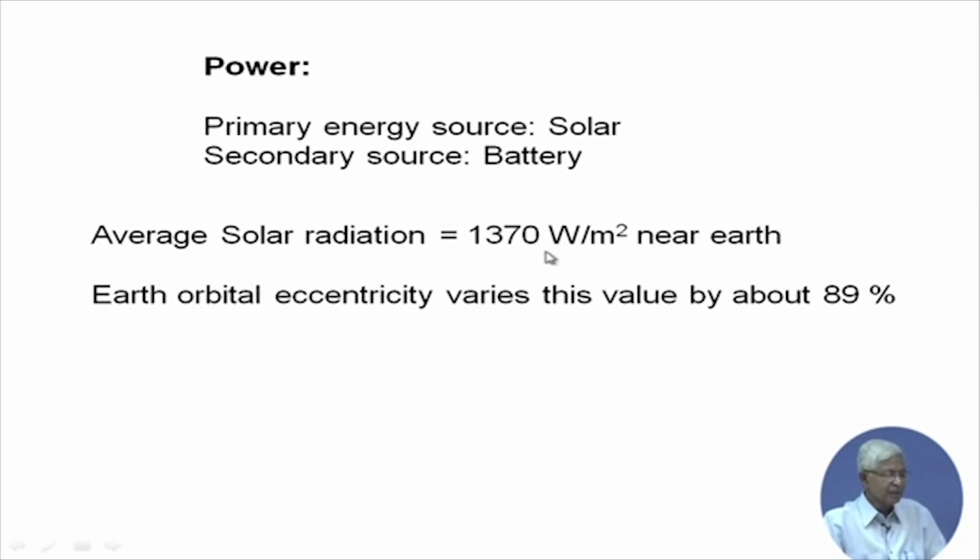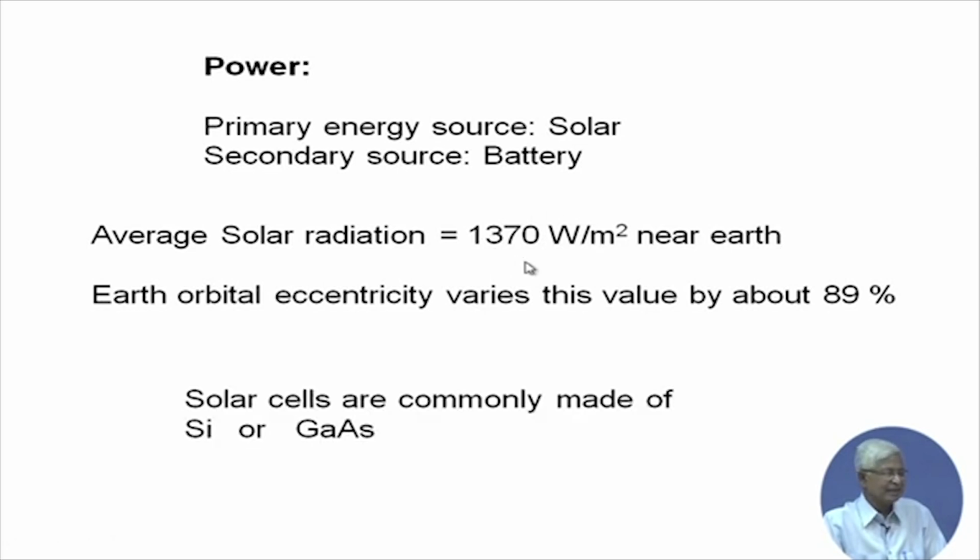We have to also assume certain things, like whatever average solar radiation we are talking about from sun to the earth surface or earth atmosphere, it will be almost the same for this particular type of satellite, which is low earth orbit or medium earth orbit or even geosynchronous orbit. Though from the earth surface it is 36,000 kilometer, the distance from the sun to earth is very, very large. So, we can take this number which is reaching the earth surface as the same which is reaching the satellite.